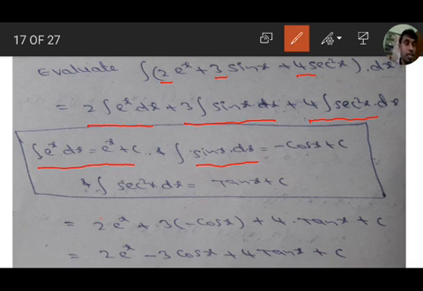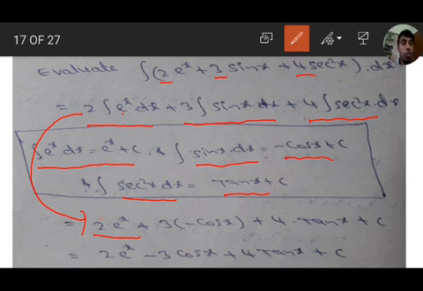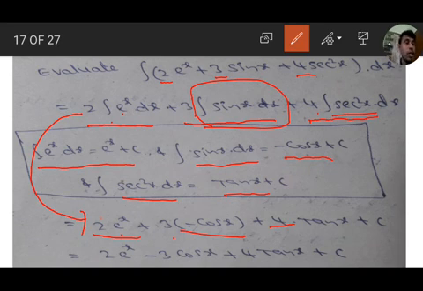Integration of sin x dx equal to minus cos x plus c. Integration of sec square x is tan x plus c. We know the formulas. Integration of sec square x is tan x plus c, e to the power of x is e to the power of x, sin x is minus cos x. Therefore, if we substitute the formulas, we get 2 into e to the power of x integration is e to the power of x plus 3 into sin x integration minus cos x plus 4 into sec square x integration